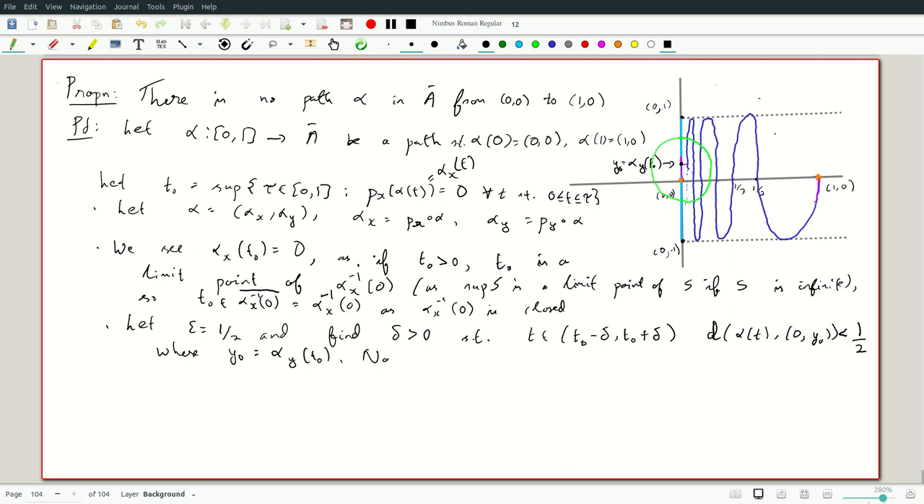Note the distance between alpha of t and 0. We'll just contradict it directly. So note the endpoints can't both be realized. Now by definition, since this is a supremum, first of all, by continuity,